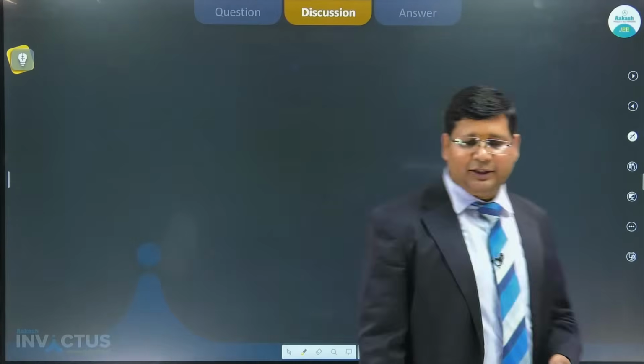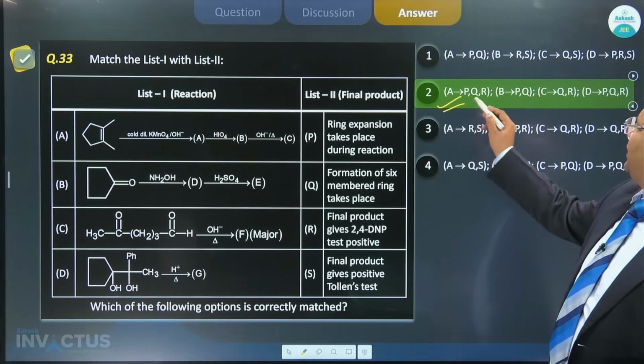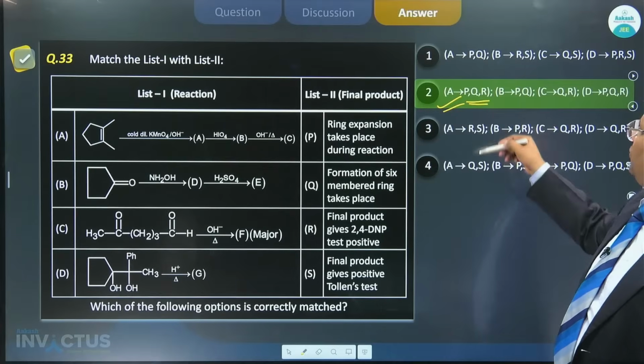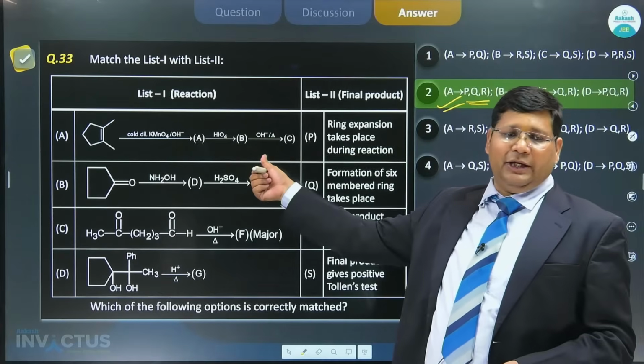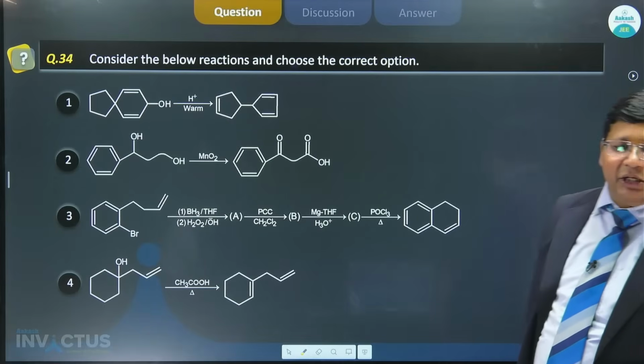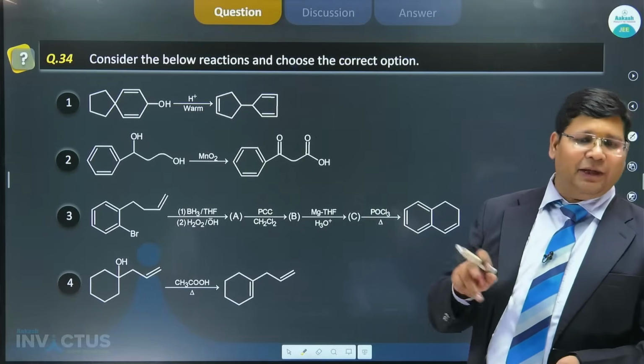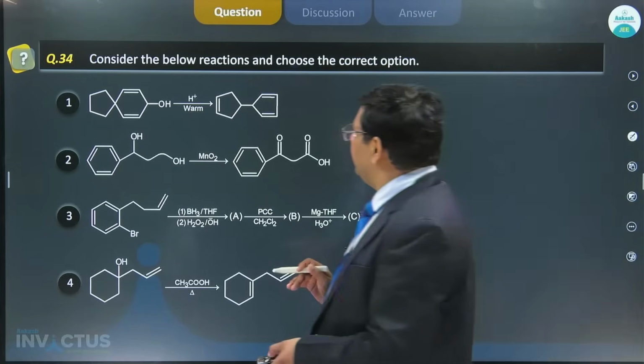So the answer is most probably correct because we have done all the calculation. So finally, just by checking option A, because A is PQR and all the options matched for A, this is the correct answer. So sometimes there are many organic reagents used in a particular compound, where we have to apply multiple concepts also, right? So in the next question,